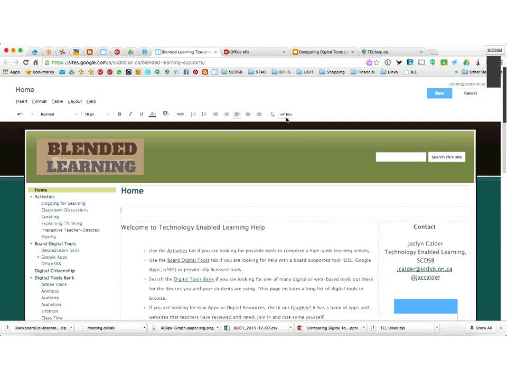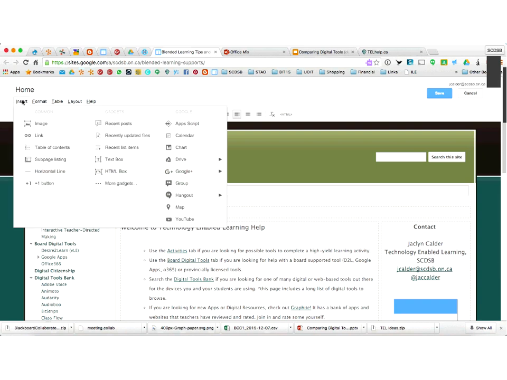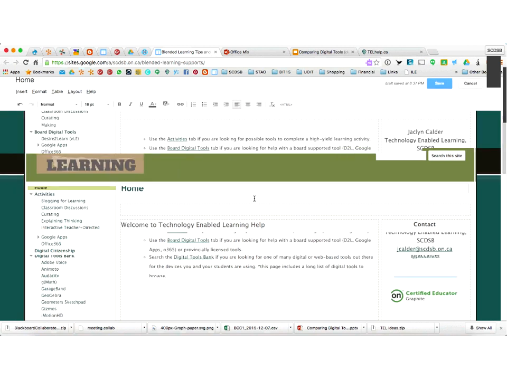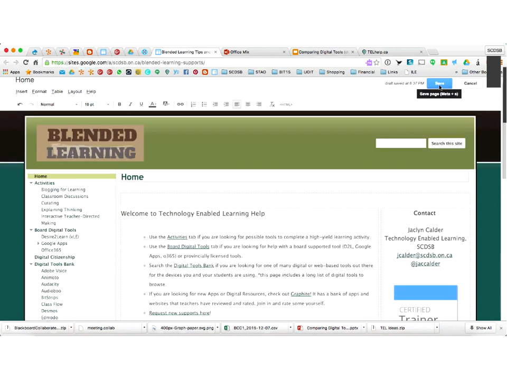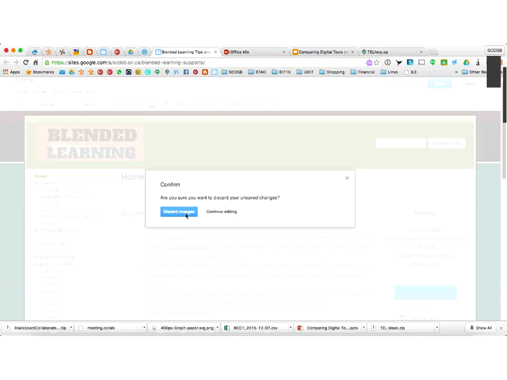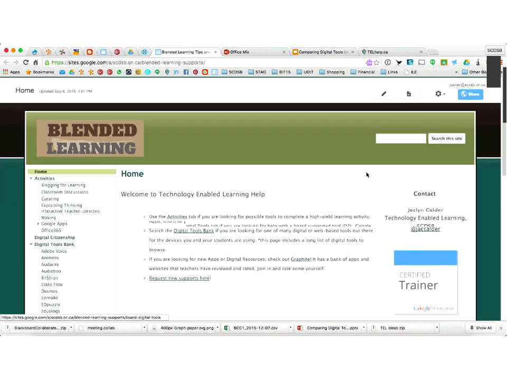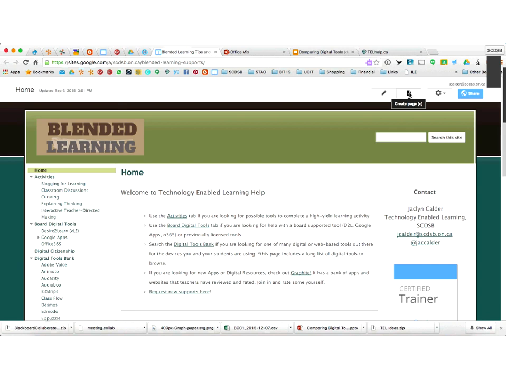I can do formatting. I can add a hyperlink, and I can insert images, links, a Google Plus post, or a Google Drive file, a Hangout, a map, a YouTube video, all that I can install into my groups, and then I just save it. And if I just cancel out of here, I just tried changes. I can also add a new page right from there. And this